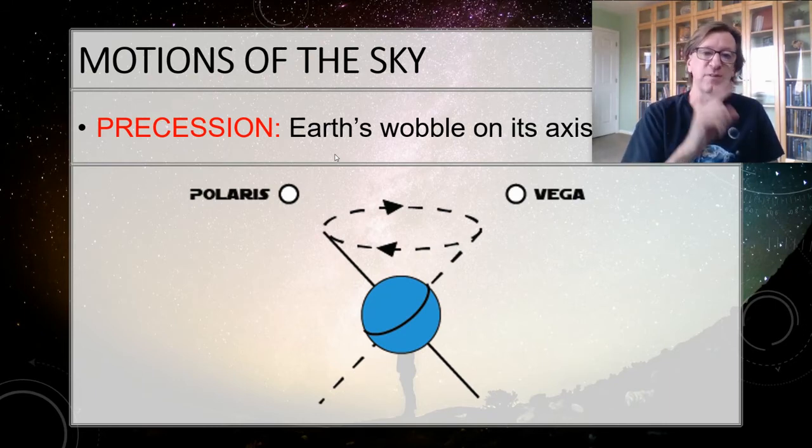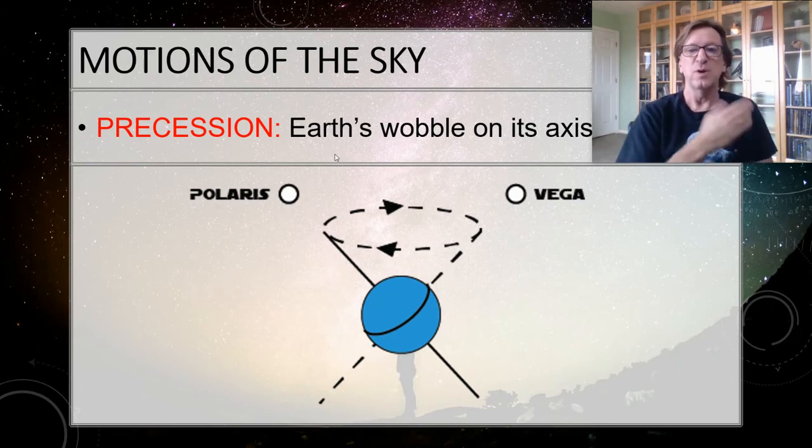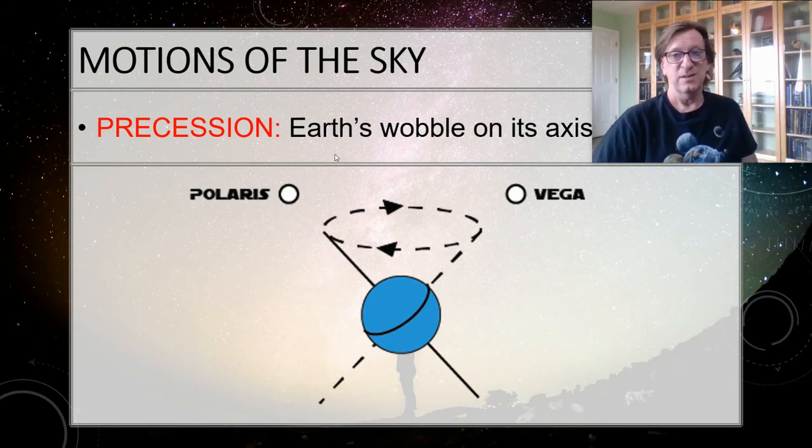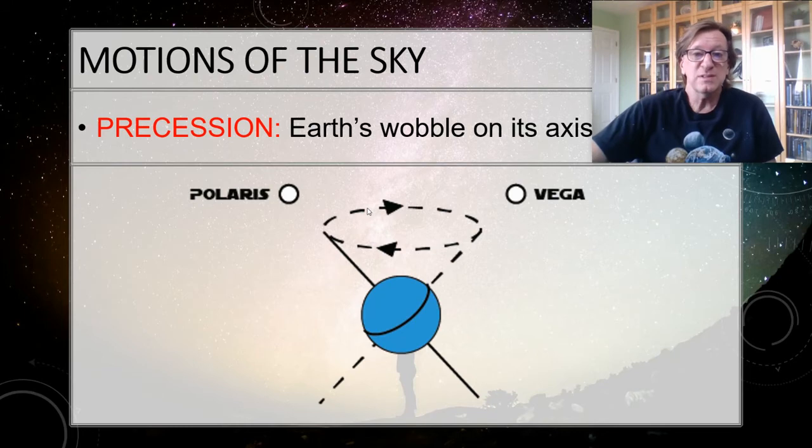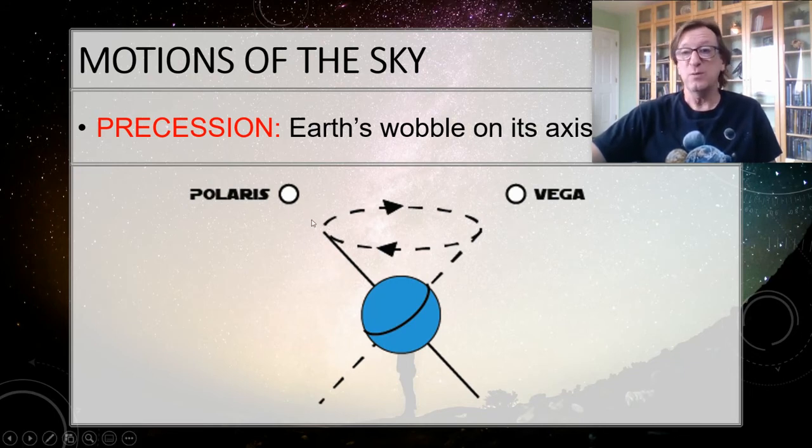Right now, we're very close to being pointed towards Polaris. When I'm a great grandfather in about 13,000 years, we'll be pointed towards Vega. And so Vega will be our North Star. Do you see how that is? So we go around this way, 13,000 years, I get to Vega. Another 13,000 years, I'll get over to Polaris. And in between that time, there really aren't that many bright stars. And so for most of the time, we won't have a North Star. It's purely a coincidence that Polaris is our North Star right now. Even now, we're already about half a degree off from Polaris.